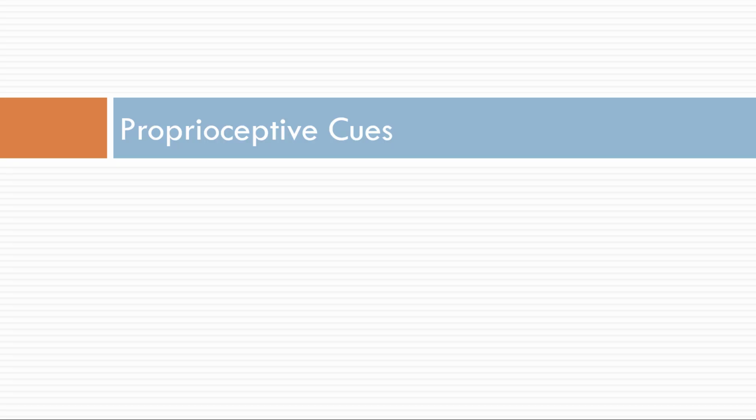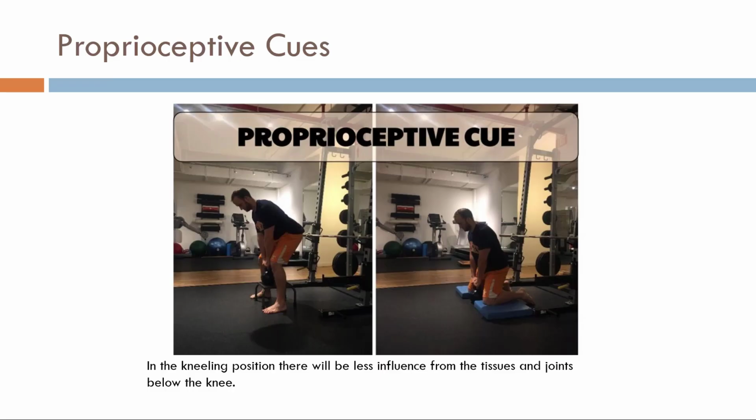Then we get into the proprioceptive cues, and the proprioceptive cues are part of the tactile cueing that we talked about in the last lecture. These proprioceptive cues are very common in both rehab and training. It's a common sense type of approach that can have more profound effects than any other sensory change. In fact, with proprioceptive therapies you're looking at motor control versus actual tissue work, but you can make some pretty significant changes. These proprioceptive cues can be divided into many different subcategories, and we break them up in the next